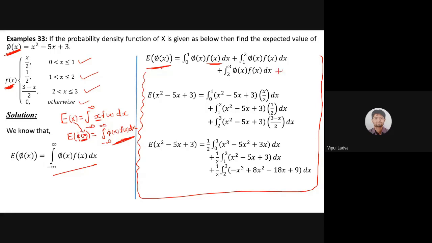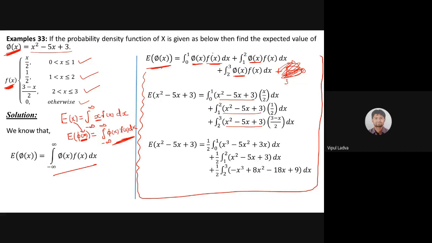इसके बाद जो आएगा, that is 3 to infinite. For that also function f of x will act as a 0, so वो भी नहीं लिखा हुआ है यहाँ पे. So this integration will be divided into 3 parts. Okay, in each and every case phi of x will remain as it is. Phi of x है वो बदलेगा नहीं, क्योंकि phi of x is provided, that is x square minus 5x plus 3. तो ये देखिए, ये तीनों में phi of x कहीं पे चेंज नहीं हो रहा है.